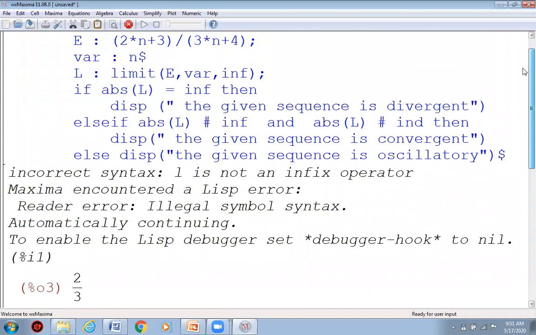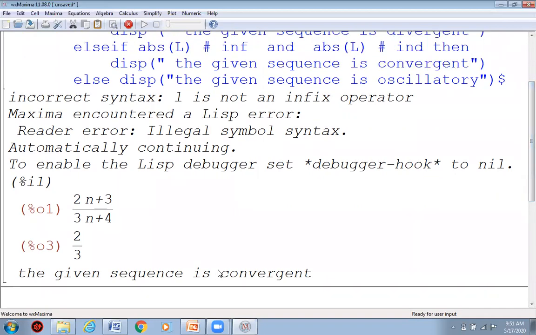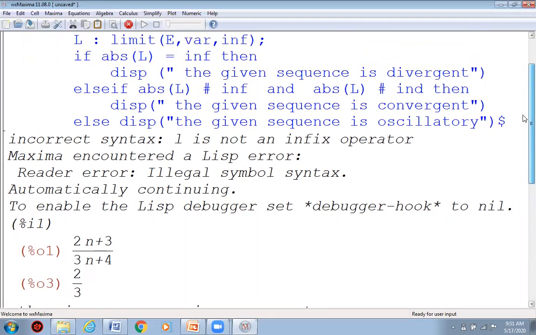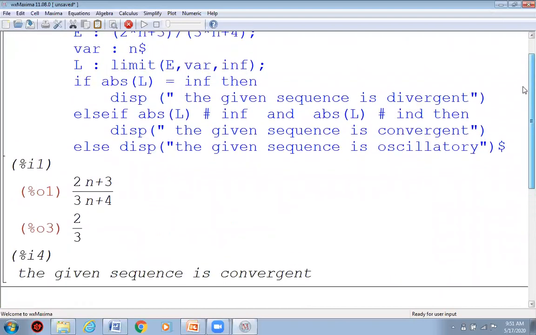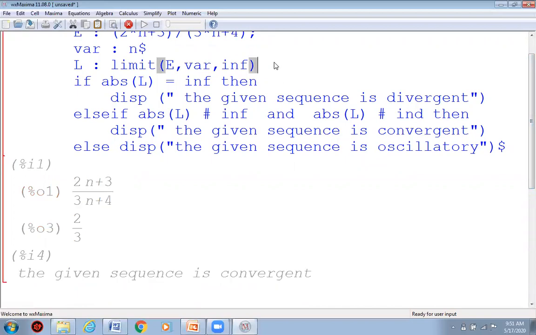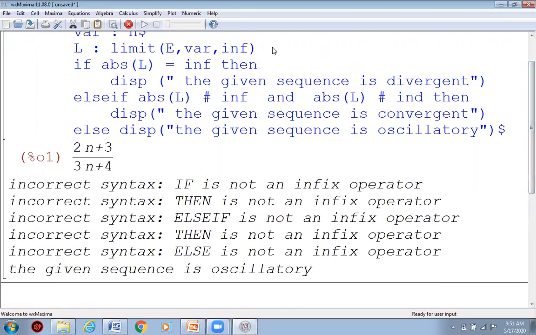Okay, it's slow. So now I'm getting the error. Now here you see, the error is displayed and I'm getting the output. When I'm getting the output, it means that the program is correct. But this error is the previous one, what has been done. So what I have to do, I have to re-execute once again. Then the error will go. Alright. So after the correction also, still you are getting the output, but still the error is displayed. Then you have to execute once again. Right. Let us try once again here. Right. So you can see now, "if is not an infix operator." So see where your if is, and before that, insert the necessary symbol.